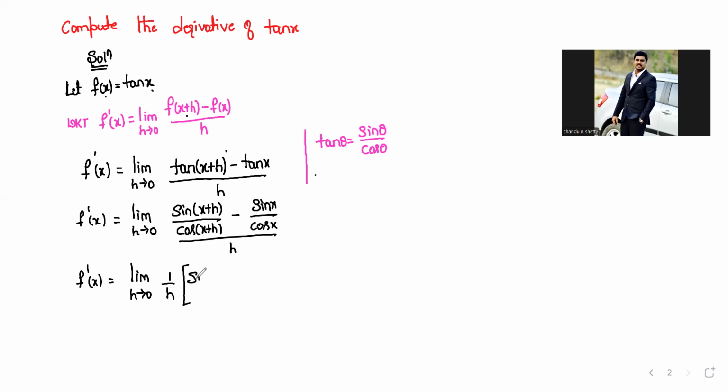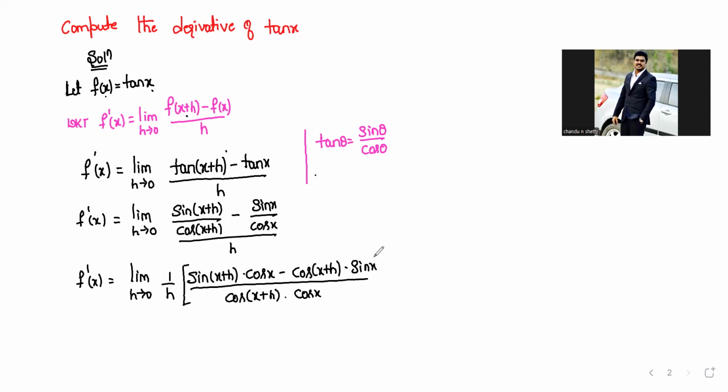Now sin of x plus h into this cos x will multiply here like this, so cos x minus cos of x plus h into sin x, whole divide by cos of x plus h into